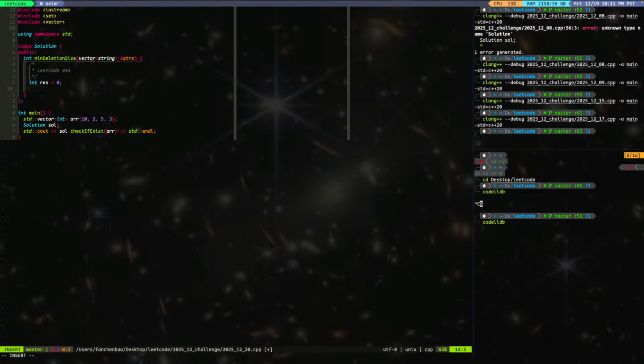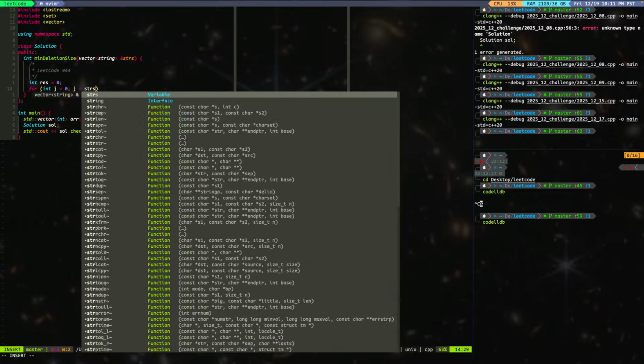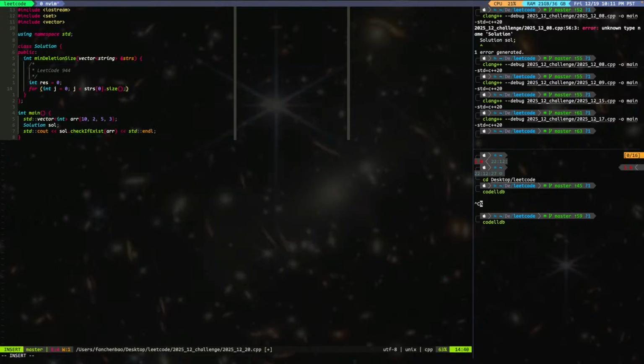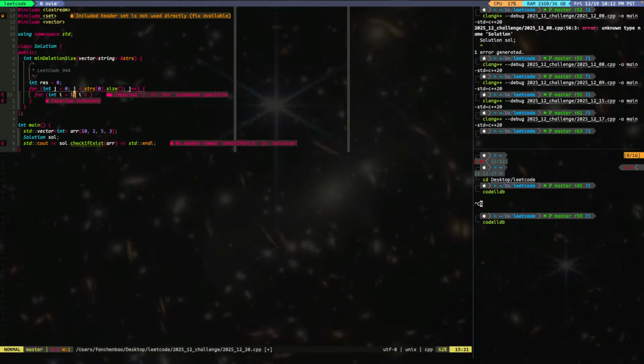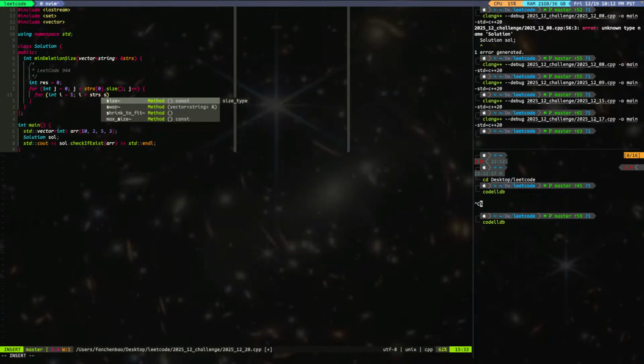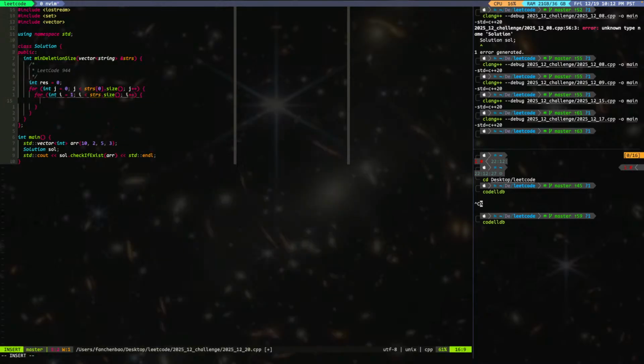We are going to go column by column. So this is the first column, j smaller than strs[0].size(), and then j++, right? And then we say for int i = 0, i smaller than strs.size(), and then i++. Okay, then we say if